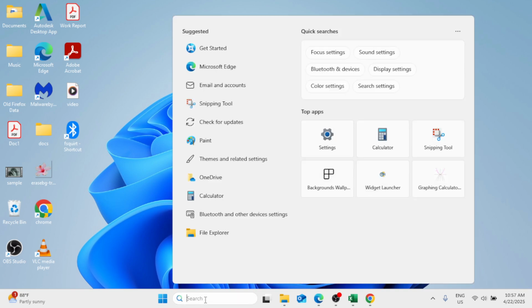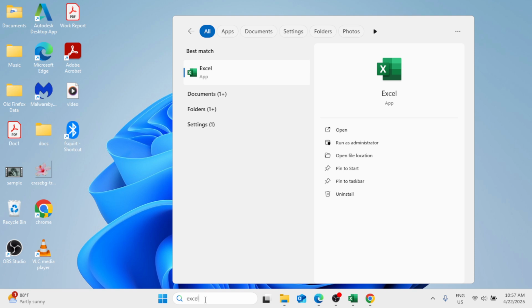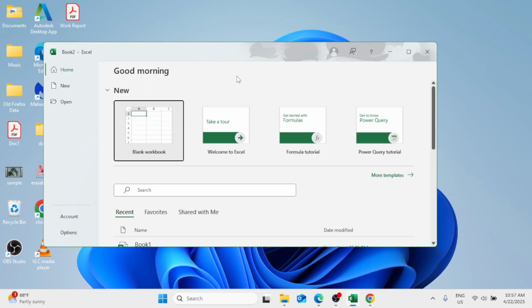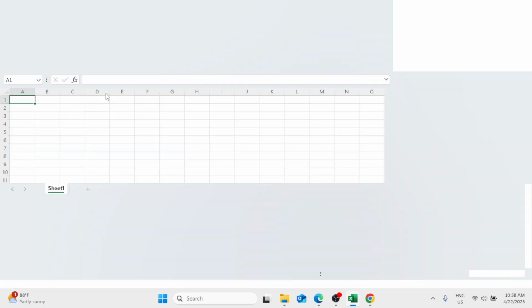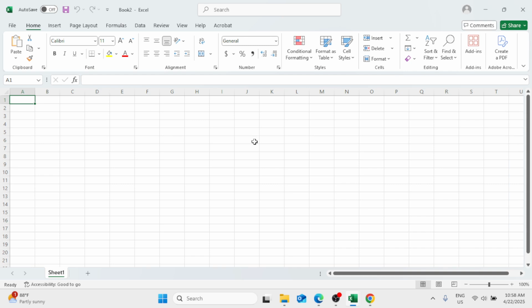Go ahead in the Windows search bar and type Excel. Click on it under the best match. Maximize it, click on the blank workbook, or if you're already in your Microsoft Excel, then you can simply open that. This is helpful, especially if you want to insert some screenshots in your Microsoft Excel for a certain